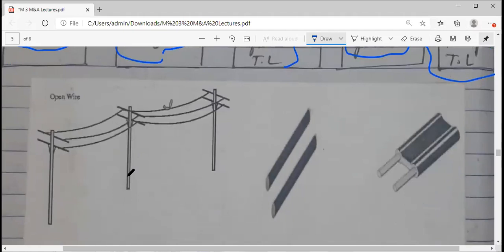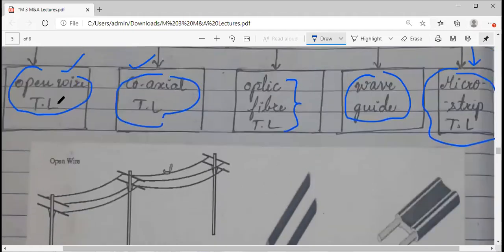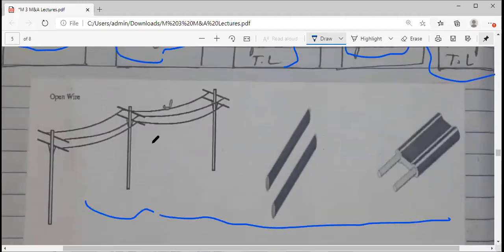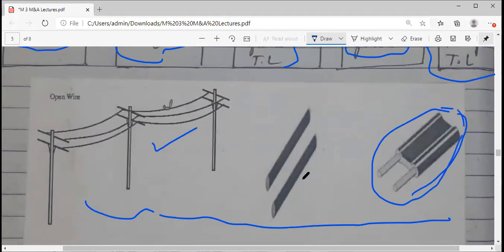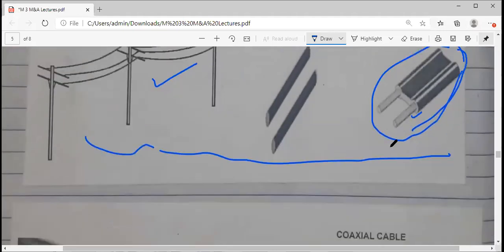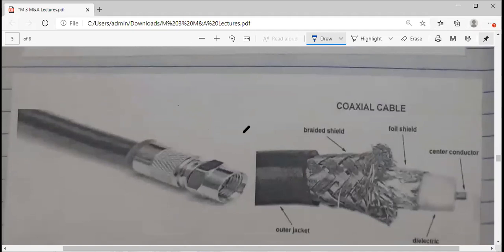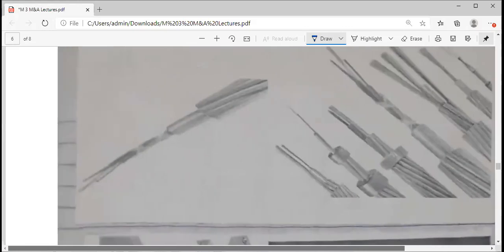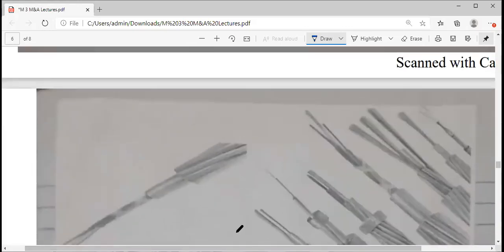Just for your reference, I have included some figures and images so that you can relate to these different transmission lines. You can see examples of open wire. I think this is a very familiar open wire line which you have seen. Even in old TV sets, you used to use this open wire. Earlier TV sets used this. After that it got replaced with coaxial cable. This is your coaxial cable. You might have seen this structure also. Here a connector is also visible, right? We have already studied about the different coaxial connectors. This third color picture has not come through. I will share color images in your groups.